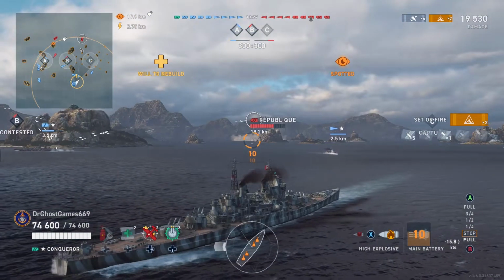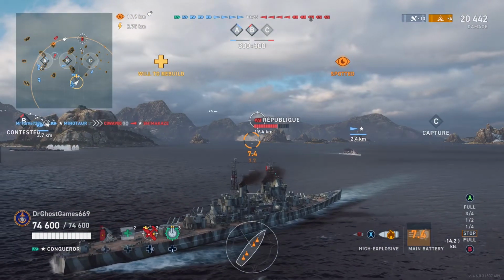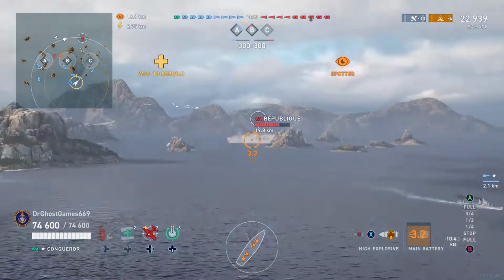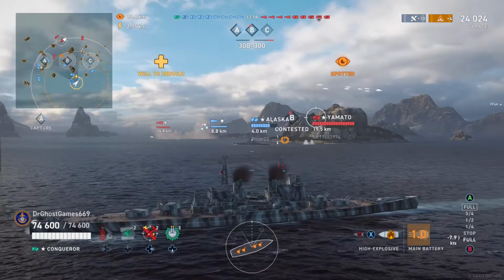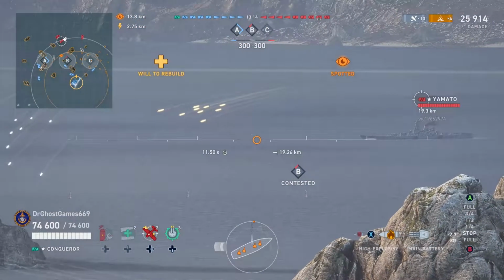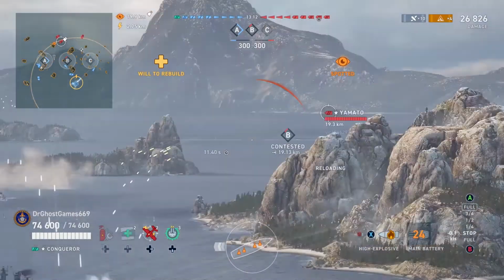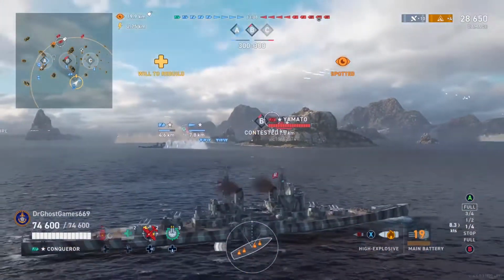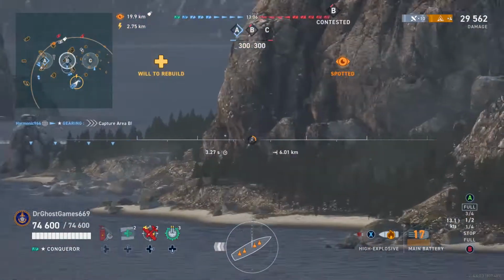Now don't worry, I'm not going to be spamming HE the whole game. I'm actually going to use some AP too here and there. You guys will see some of that action coming up shortly, but 70 to 80% of the time I will be shooting HE because it's a Conqueror. I mean, who doesn't shoot HE out of a Conqueror? I mean, come on. So yeah, first 2 minutes of the game, we're already up to 30,000 damage